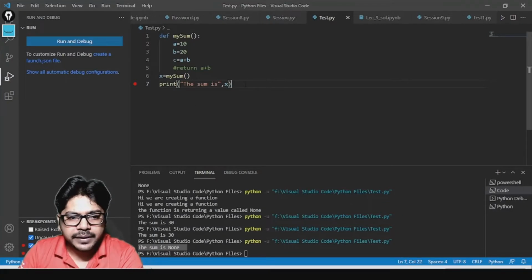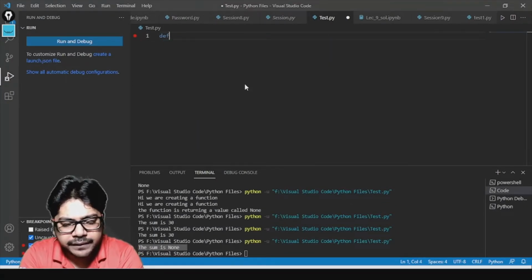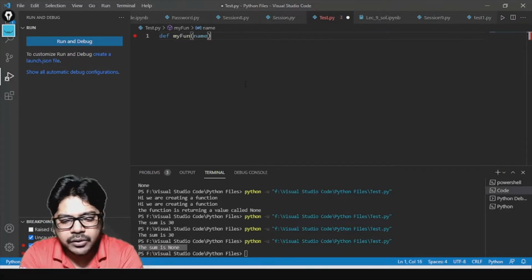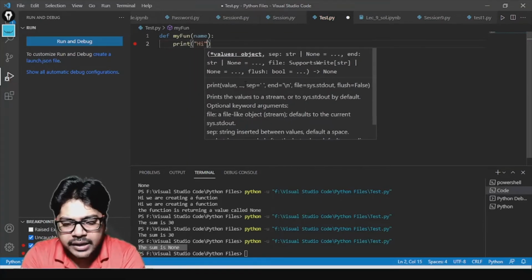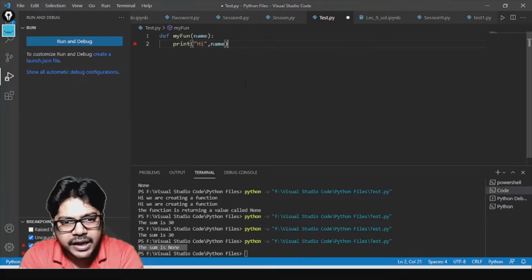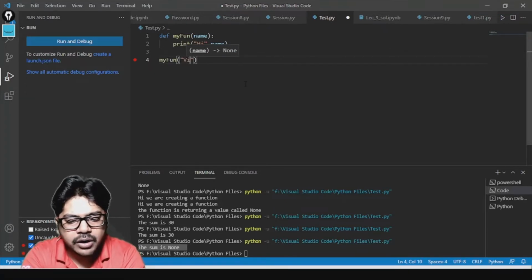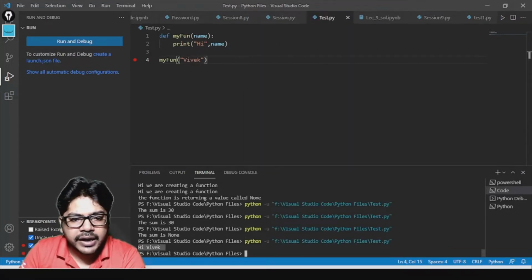Here I have the def keyword and I am creating my function. This is the name. It is taking one parameter called name. In the function I am printing a message, hi. There is no return value for this function, just hi name. Outside the function I am calling this function and passing the value Vivek. Now it is going to write hi Vivek.